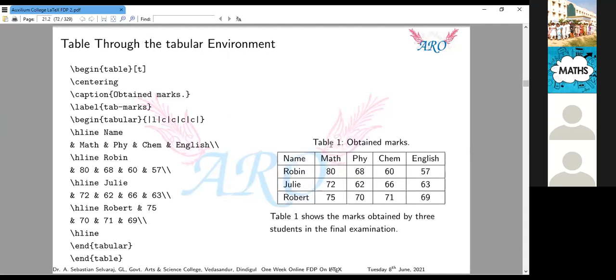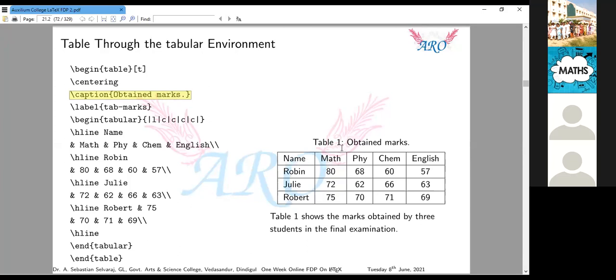Yeah, Table 1. This is called a complete table. It gives the table number, and this table number appears because of this caption as well as the table environment. Caption is nothing but the name of the table, Obtained Marks.